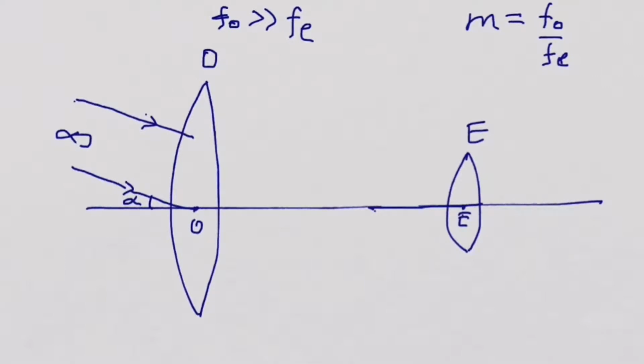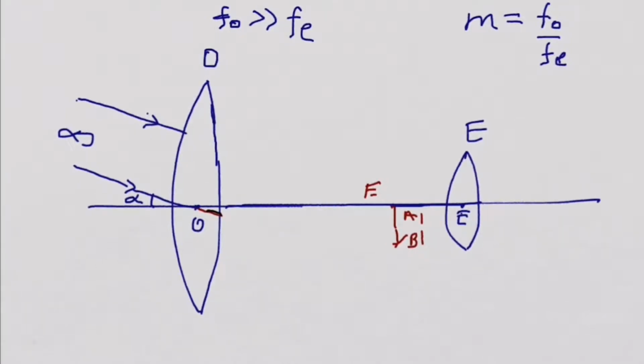Now, because the object is at infinity, the image will be formed at focus point of the objective. But as we have taken a slanted one, so we will get the image in the focal plane of the objective. Correct? For the position of the image, extend the ray which is passing through the optical center without any deviation. Merge this ray with B dash. कुछ सोचना नहीं है, सीधे B dash पे उसको merge कर देना है.